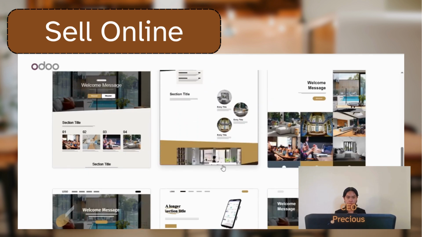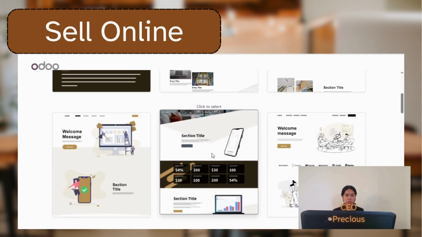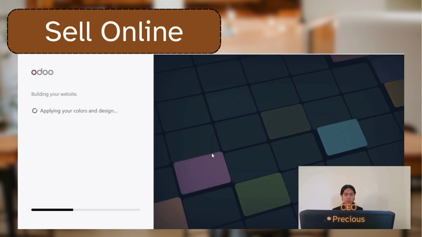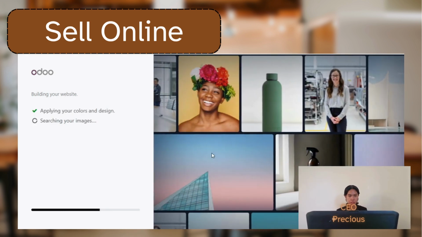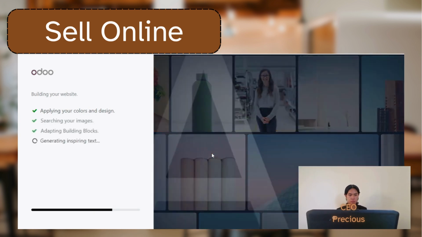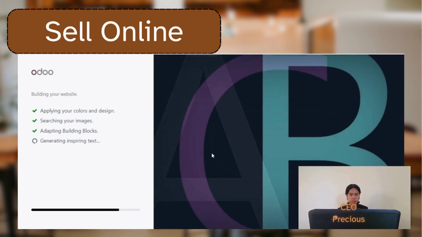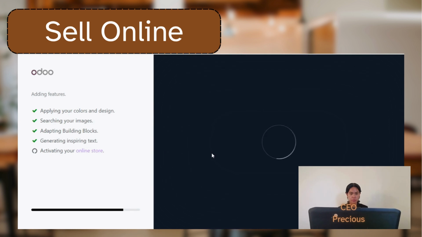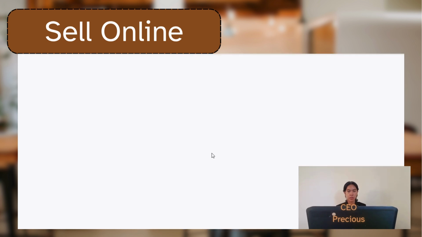When you find the first one, you just have to click, and then Odoo will automatically apply the colors and designs on our website. And let's just wait for a moment for it to load. And there we have it, the website for